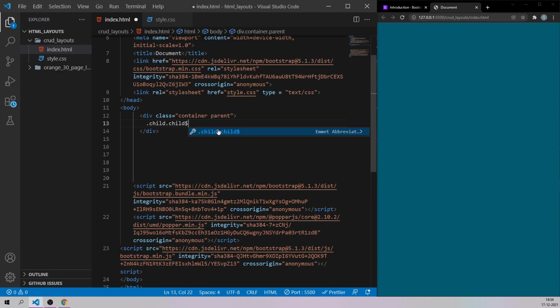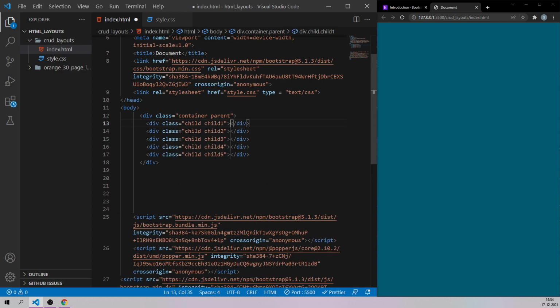And so I can simply say star. Okay, star, you can say 5, 6, 7, 8, that will be the numbers. So for the time being, let's say we have 5 child elements. Click enter, and you are going to get 5 divisions where the common class name is child, and individual class names are child 1, child 2, child 3, child 4, and child 5. See, this is how the designing part of this particular application is going to be right now.